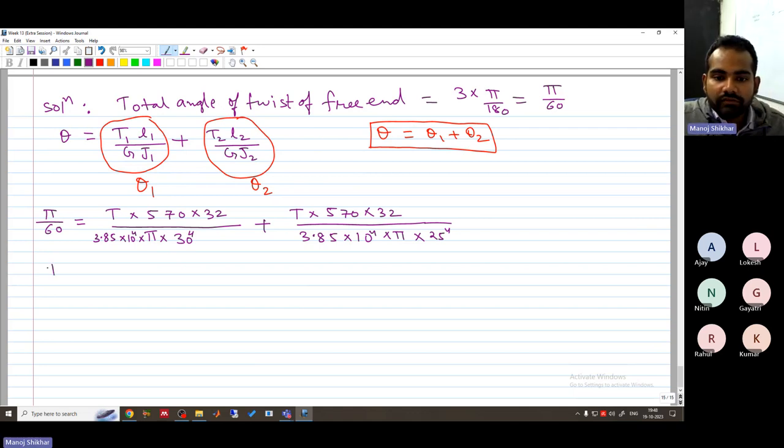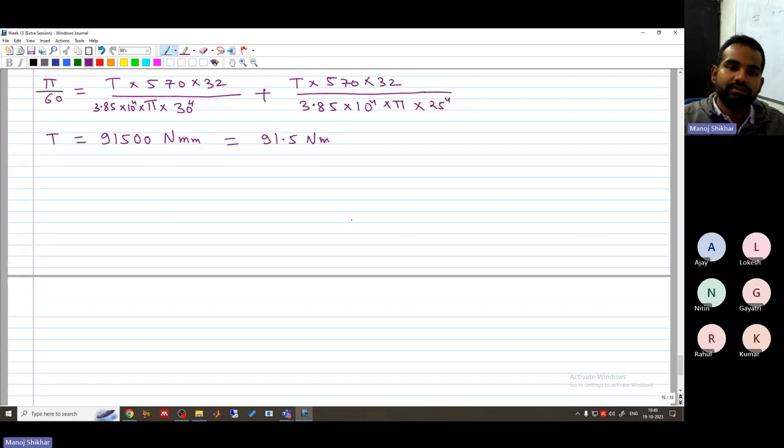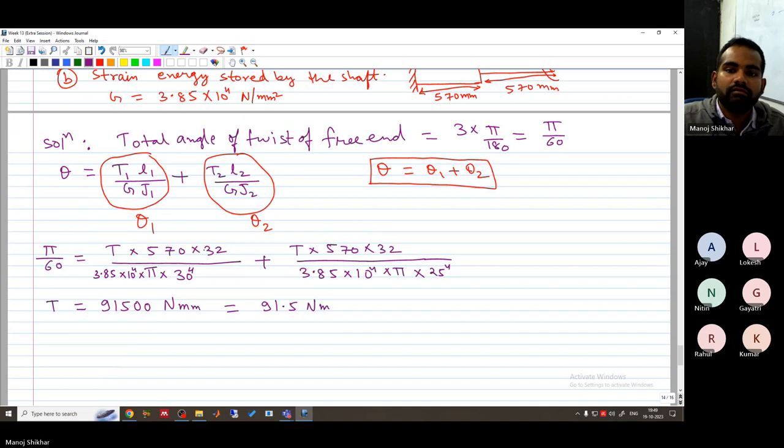So if you solve this, you will get T equal to 91500 Newton millimeter. In meter, if you convert, you will get 91.5 Newton meter. Okay, so this is the value of torque. This is part A. We have solved part A. Now for part B,